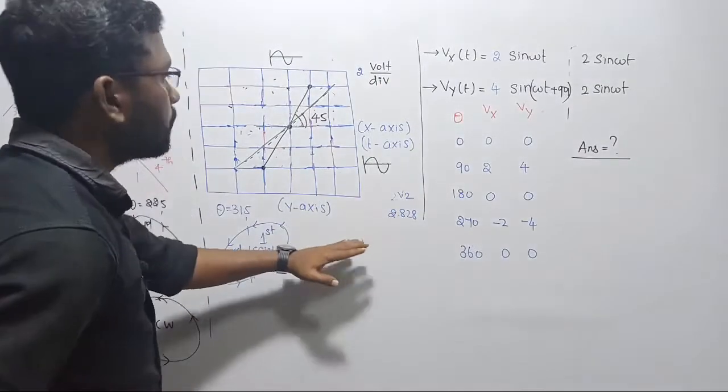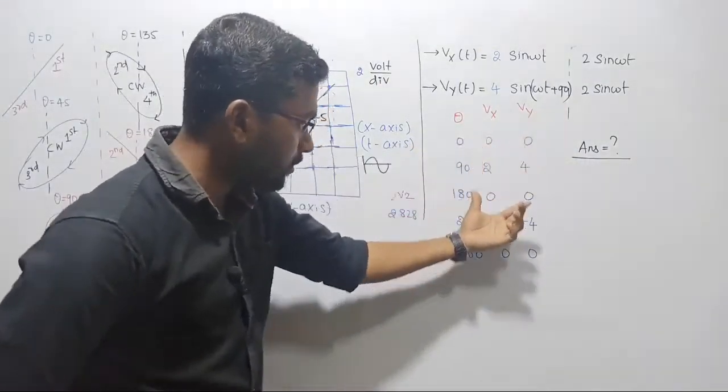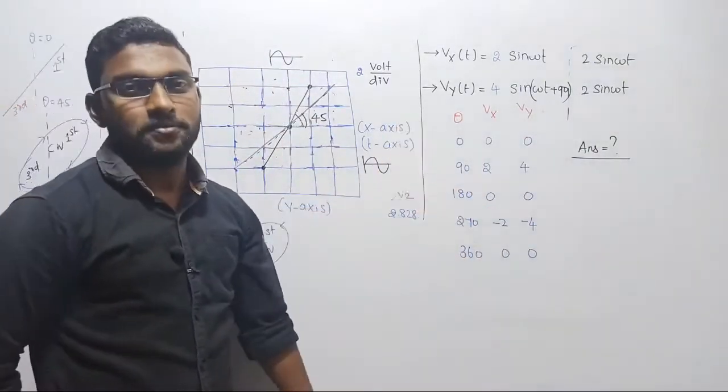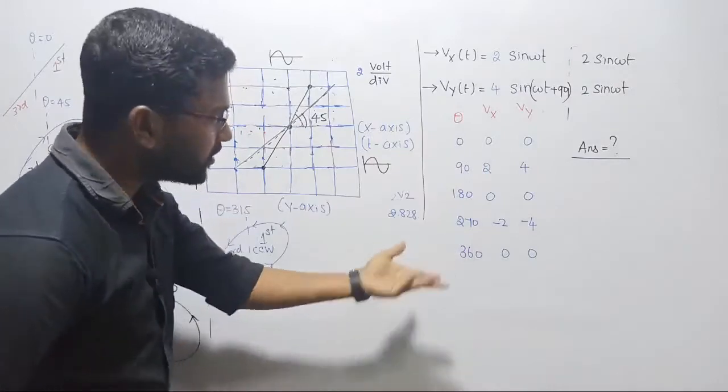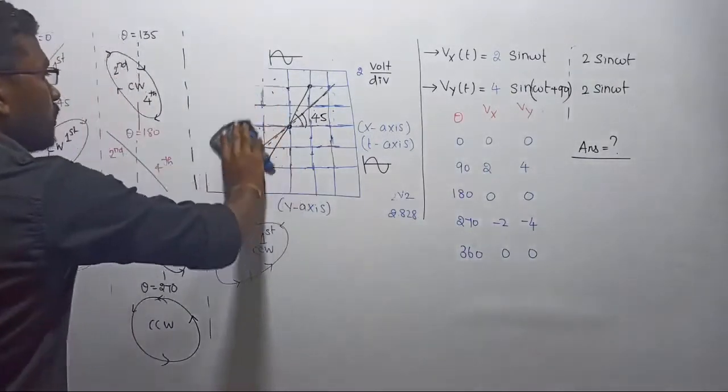So this pattern is simply called what? Lissajous pattern, right? Guys, listen, theta equal to 90 degree. Just mark these values on the screen, you will get it. I hope you are not getting a circle. I think so, I don't know. Please post your answer in the group, right? So let me rub this one.